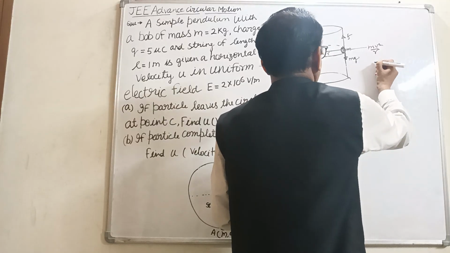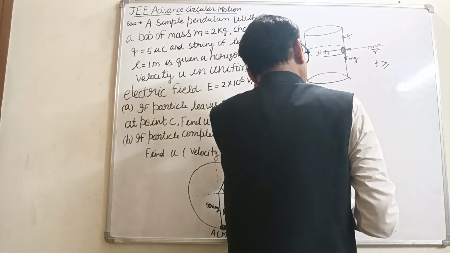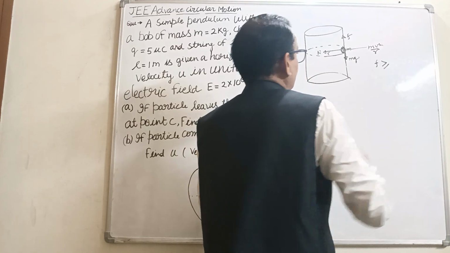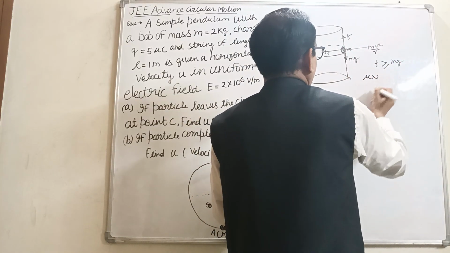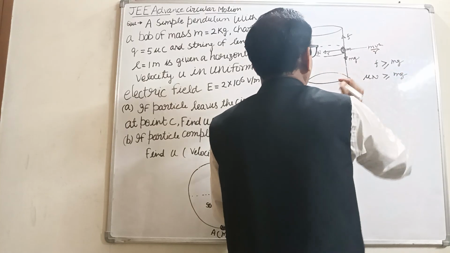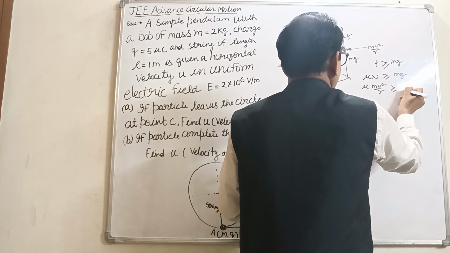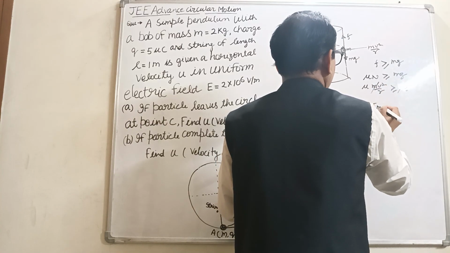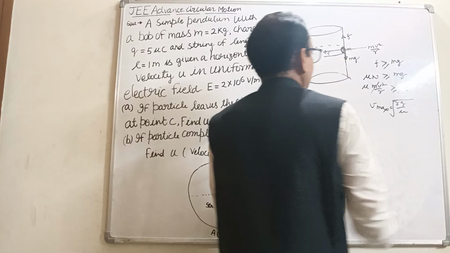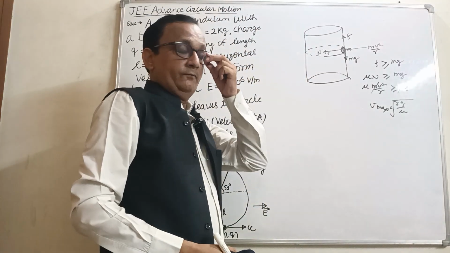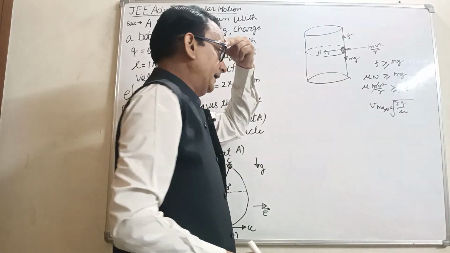So we write here, for its movement, friction should be greater than or equal to mg. So what would be friction? Friction would be mu N, greater than or equal to mg. What is the value of N? The value of N is mv square upon r. So mu mv square upon r is greater than or equal to mg, and m cancels. So v minimum would be under root rg by mu. This is the limiting v for completing the horizontal circular motion in a death wall.